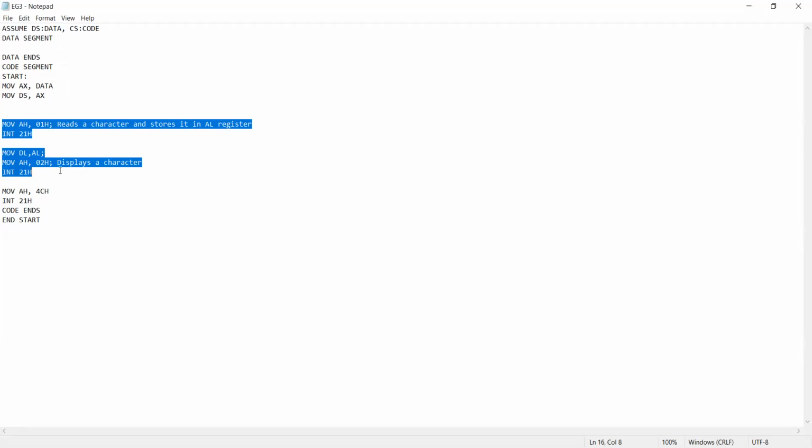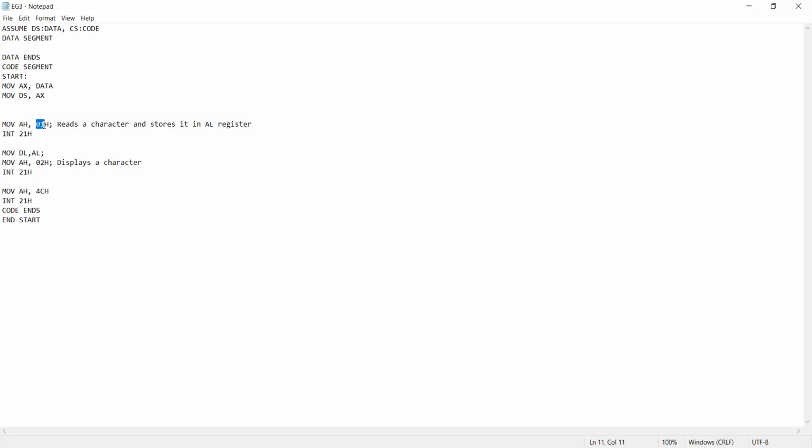Again, it reads a character from the standard input by using the concept of interrupts. Then the appropriate interrupt routine is called, and that interrupt routine is responsible for reading a character from the standard input device. So to read a character, we need to pass 01H into the AH register.